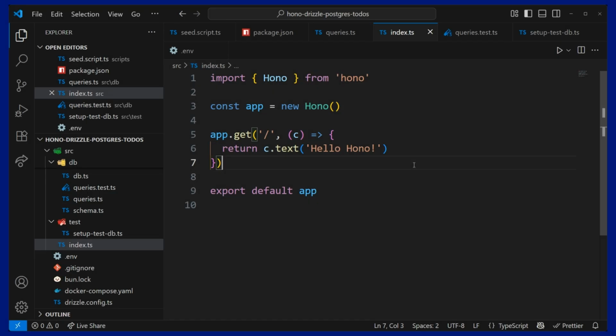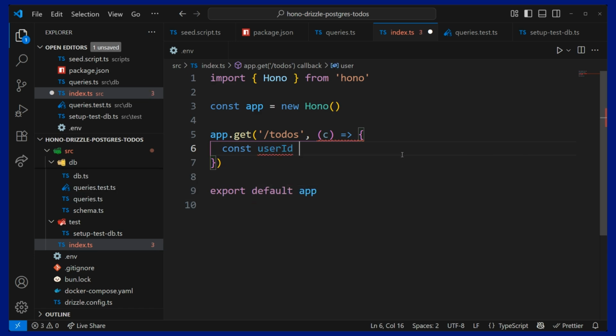So now that we have our local database all set up, I want to bring this full circle and come back to our Hono router. And let's say that we want to put our queries to use. So let's make a route to get all of the to-dos by user ID. So let's clear out this generic hello Hono and say we want to get the user ID off of a query param. So let's say user ID equals